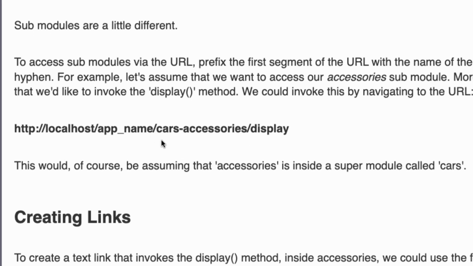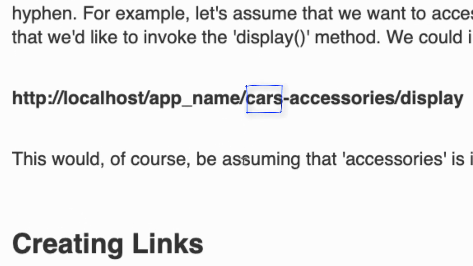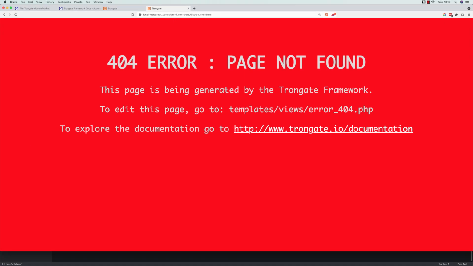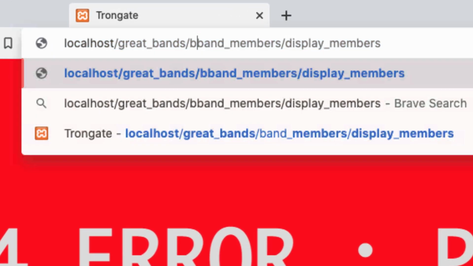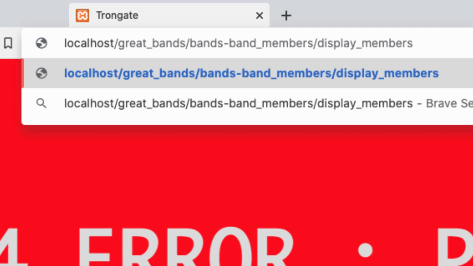So all we have to do is chuck in the name of the parent module, then a hyphen, and then the name of the submodule with a / followed by the method. For example, with our URL here, I'm going to just say bands hyphen and then band members / display members. And if we hit return,